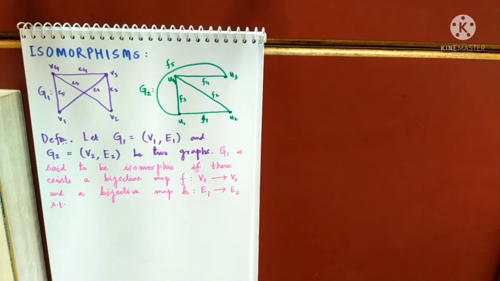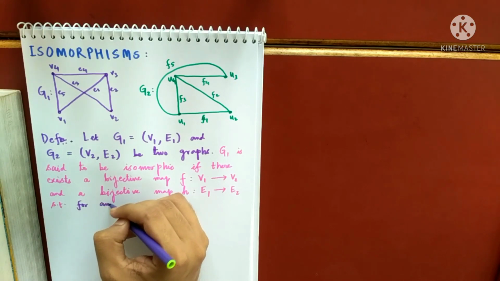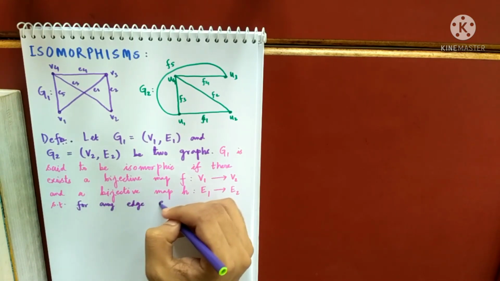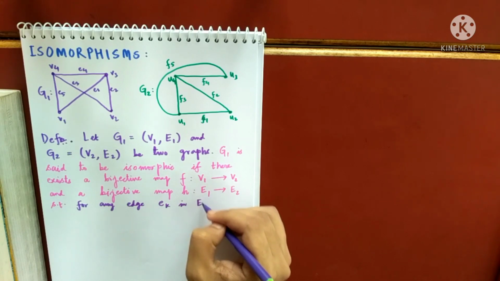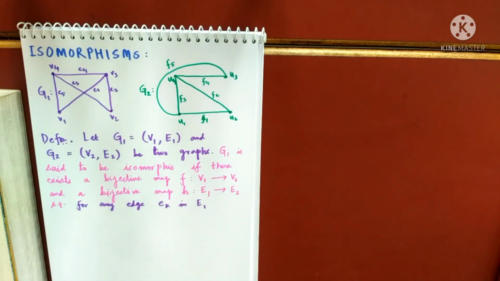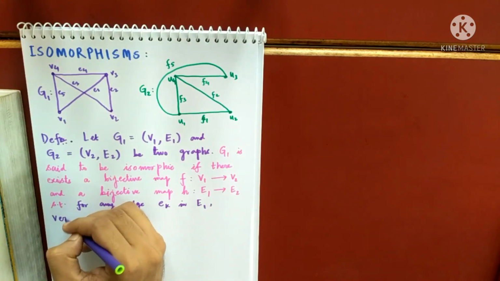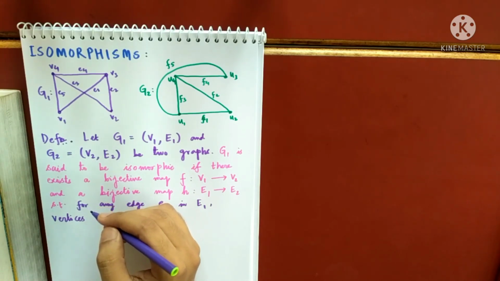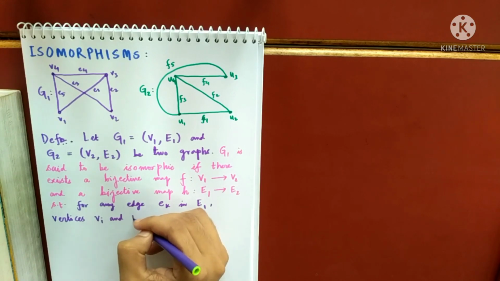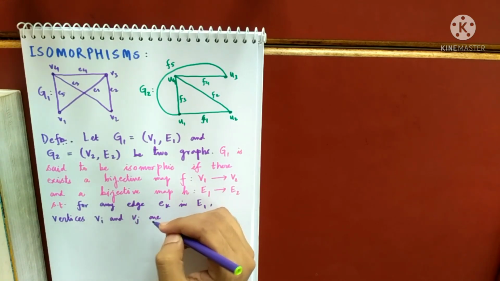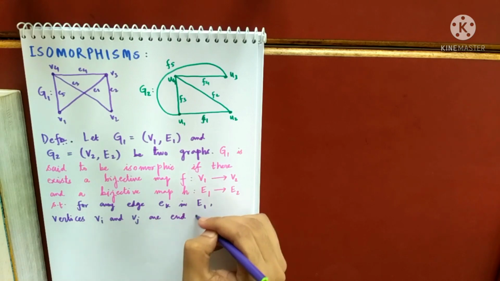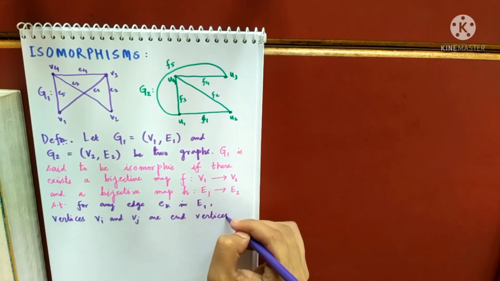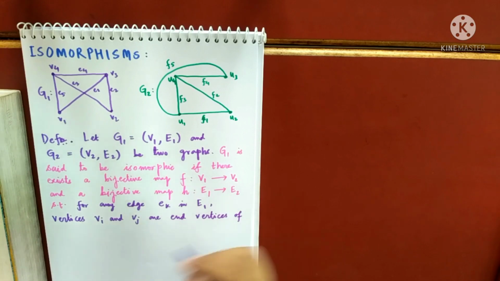Such that for any edge Ek in E1, vertices Vi and Vj are end vertices of Ek